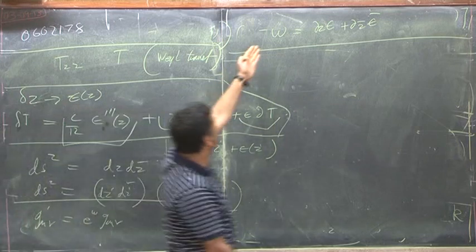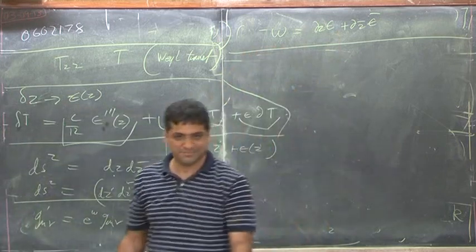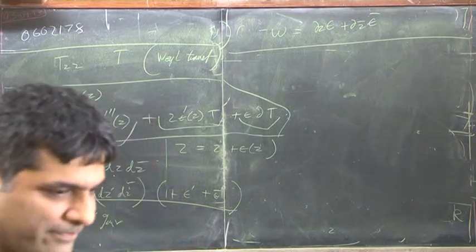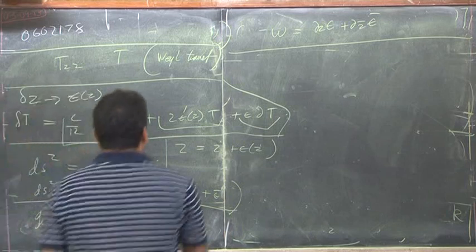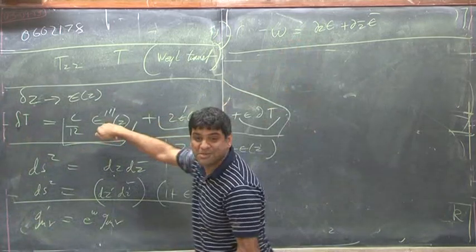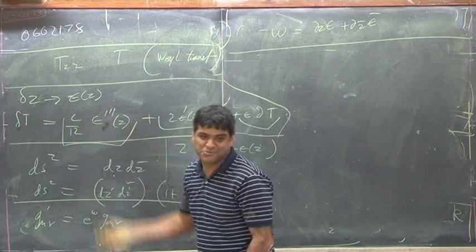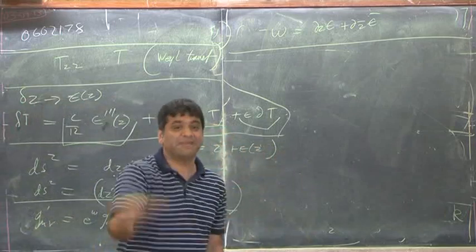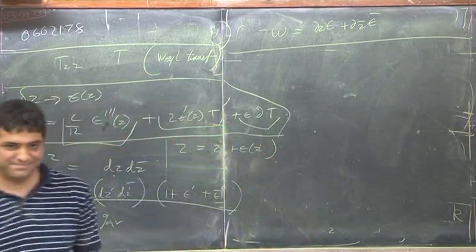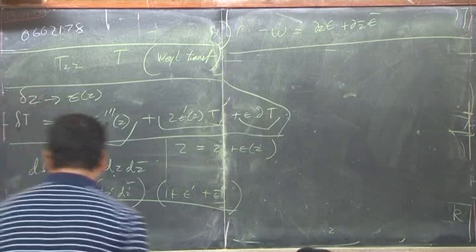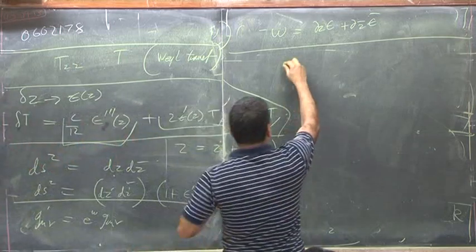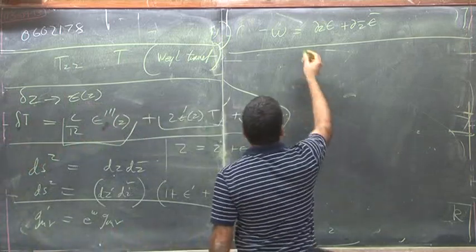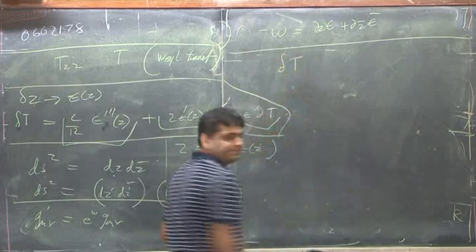So what operation can we do on this? What operation can we do on this delta W to produce this object? Well, it's clear: between two analytic derivatives, because that epsilon bar is a function of z bar, so an analytic derivative will kill it. So the Weyl transformation property of T,